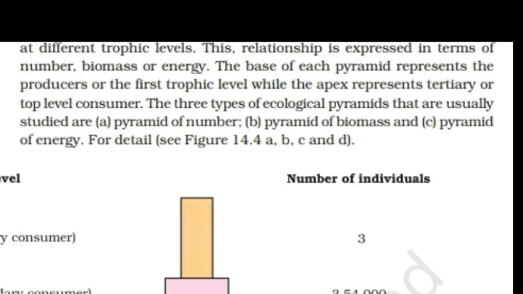The base of each pyramid represents the producer or the first trophic level, while the apex represents the tertiary or top-level consumer. The three types of ecological pyramids that are usually studied are the pyramid of number, pyramid of biomass, and pyramid of energy. For details,